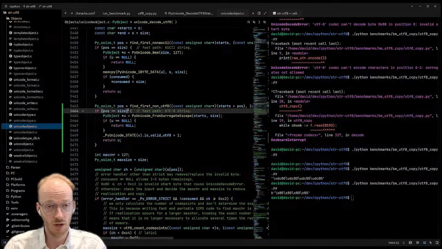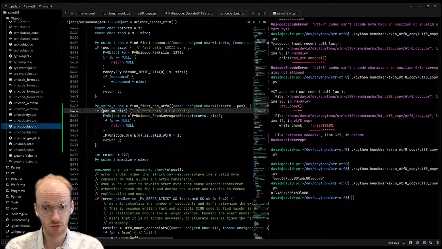Well, hang on. So at the moment, the surrogate escape handler will do the decode into the code point, the physical transformation we spoke about. And so we could add a case here, which is if it's a surrogate escape handler, we don't care and we just call this, right?